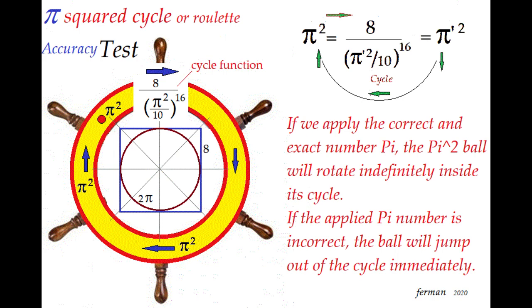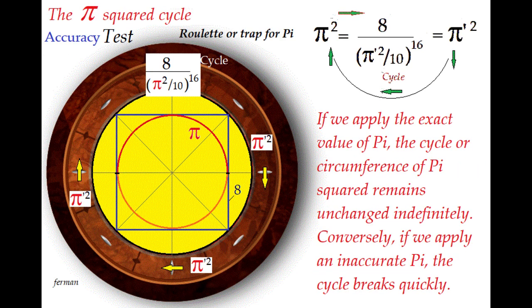And now let's look at it a little more extensively. The pi squared cycle, roulette or pi trap. Accuracy test. Preamble. For many years I have been surprised by the apparent persistence of the number pi in hiding and escaping from a clear sample of its definition and mathematical demonstration through formulas that show us its true value and situation. However, from this cyclical formula or function, my feeling has changed and my doubts have been cleared,